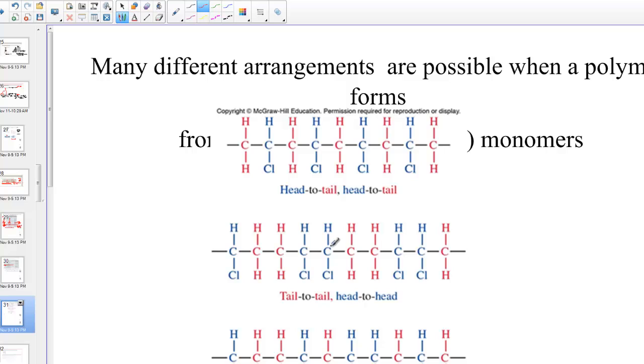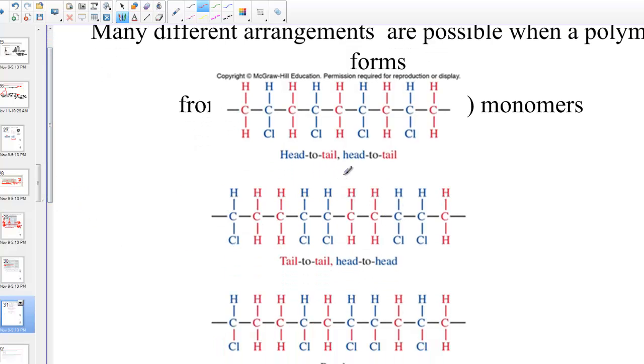I also wanted to make mention of the way that we can arrange monomers can vary in terms of how they arrange themselves. So let's talk about that. Let's take a look at this particular structure. Has the chlorine position at carbon 2, hydrogen is at carbon 1. And notice that it's exactly the same as you repeat down the chain. Alternating carbon 1, carbon 2 is what we refer to as a head-to-head,